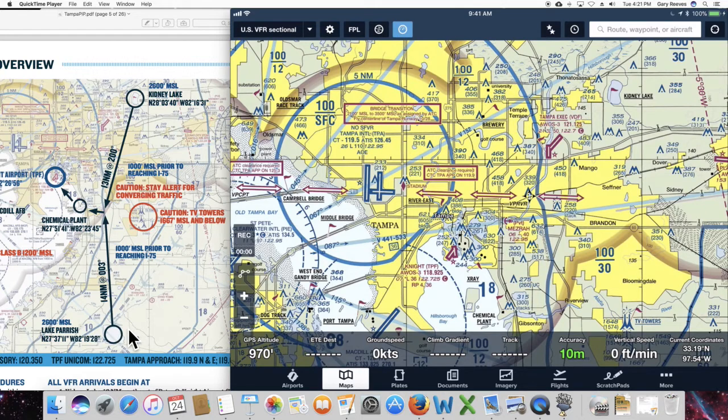So what we need to do is put in 4 custom waypoints. Kidney Lake, this point right here, the chemical plant, and Lake Parrish, so no matter what direction we're coming from, we can put it in. So I'm going to start right here at Kidney Lake, over